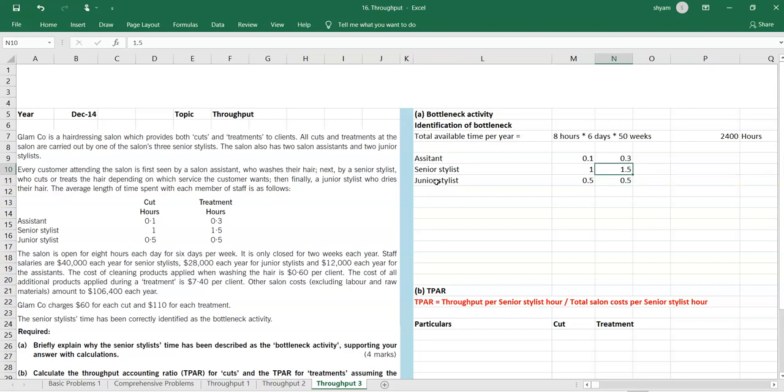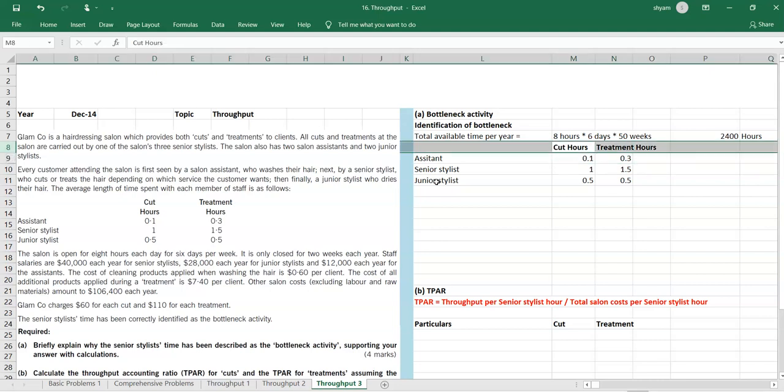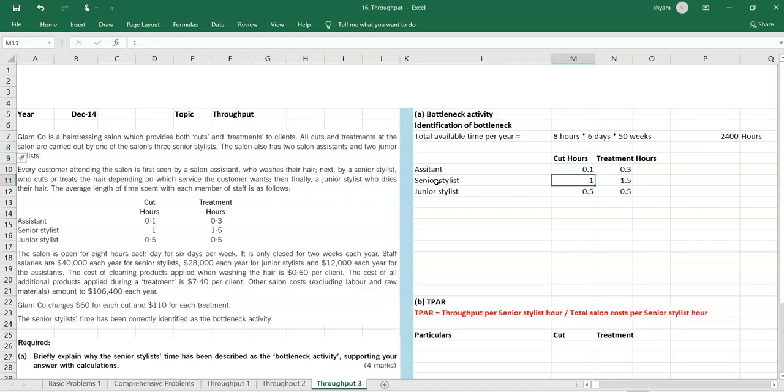So normally the time which is taken high would be the key element here. If you take a cut, the person who takes the highest time is the bottleneck. So senior stylist by nature is the bottleneck. In terms of treatment also, senior stylist is the bottleneck. But we can't just write like that, we have to show it with proof. So we can say that assuming the